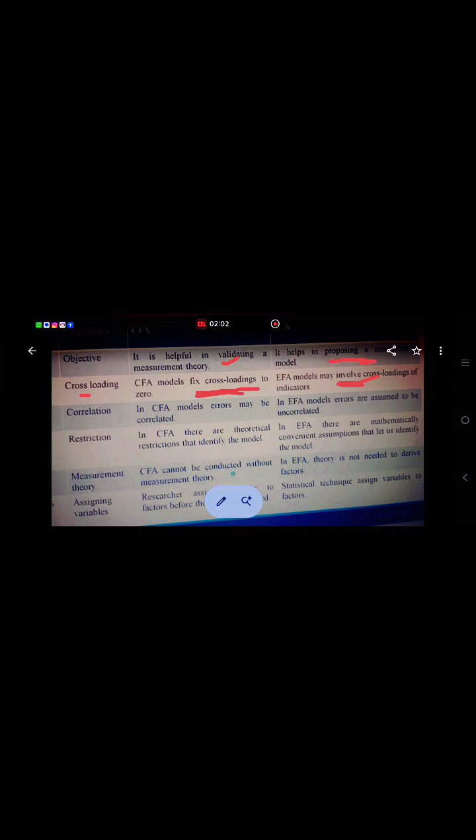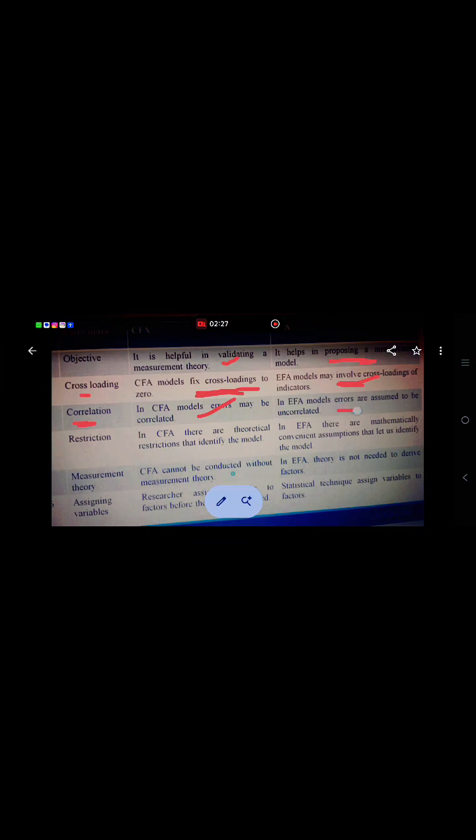Now, what is correlation? Correlation in CFA and correlation in EFA. In CFA models, errors may be correlated. The error terms can be correlated with each other. In CFA, the error terms can be correlated with each other, but in EFA, in exploratory factor analysis, errors are